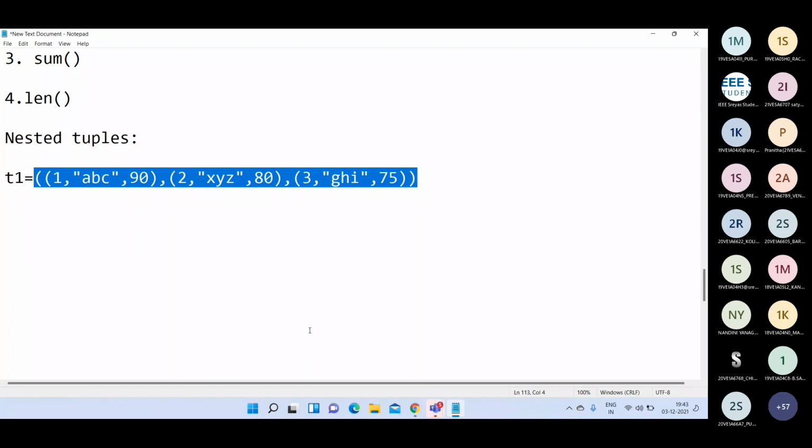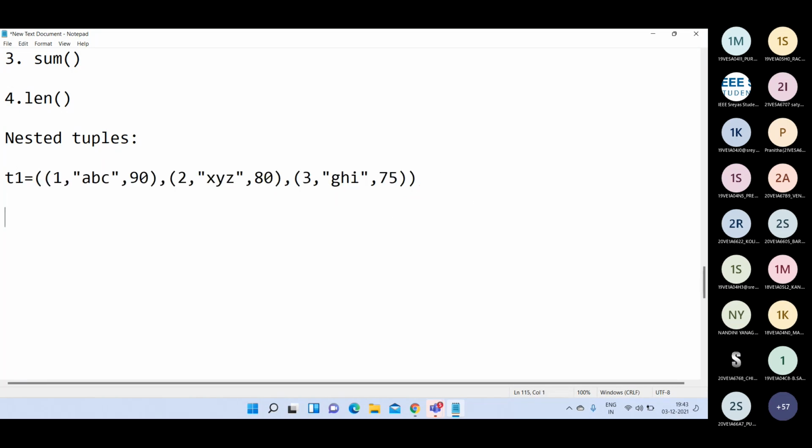Yes, sir. Then yesterday we have seen how to read list elements from the keyboard. Do you remember? How to read list elements from the keyboard. What I have written?